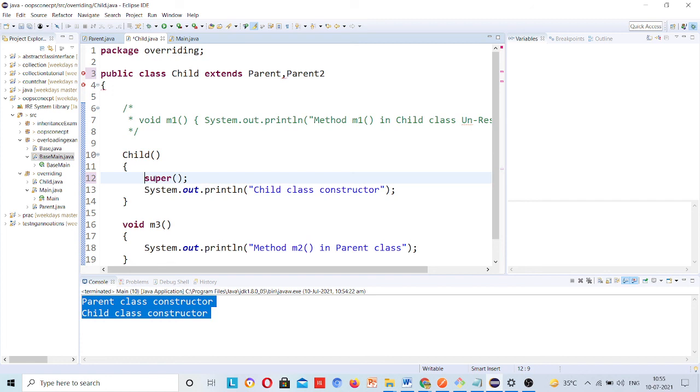Super means it is trying to call its parent class constructor. It is saying that you are trying to call the parent class constructor, and here it has two parent classes. Now tell this child class constructor which parent class constructor it should invoke. Now it is confused. Okay. So this is why multiple inheritance has not been implemented by the Java developers. Don't say that multiple inheritance is not possible in Java.